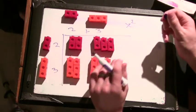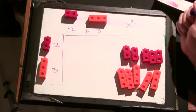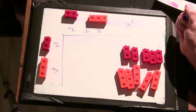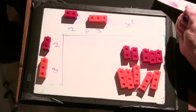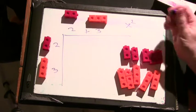Is there some other way you could have done this? Like, so you did that one. Is there a different way you could have done it? That was the way you were using to follow the formula, where you were doing 2s and 3s. Well, you could just